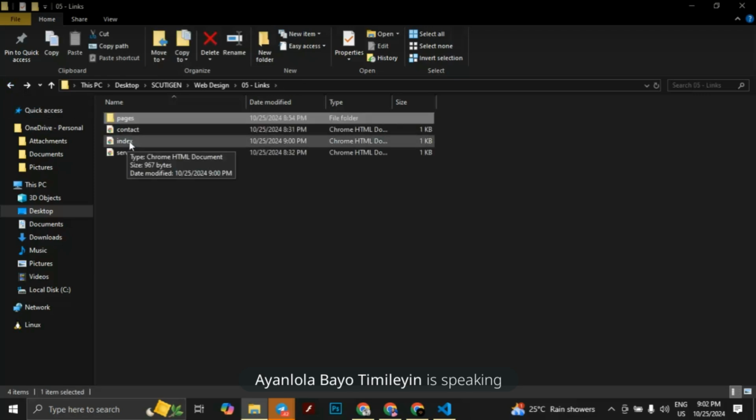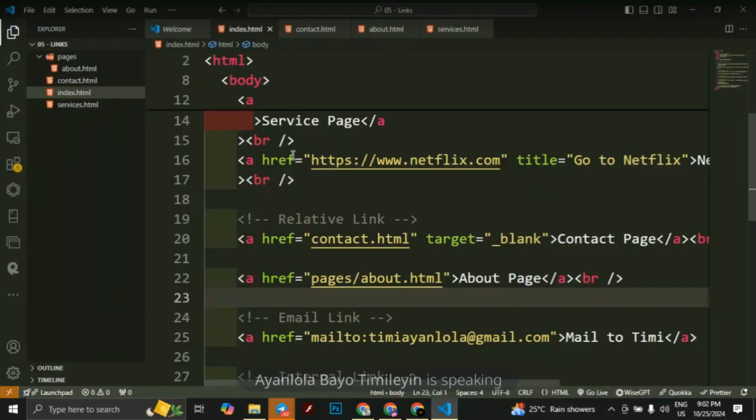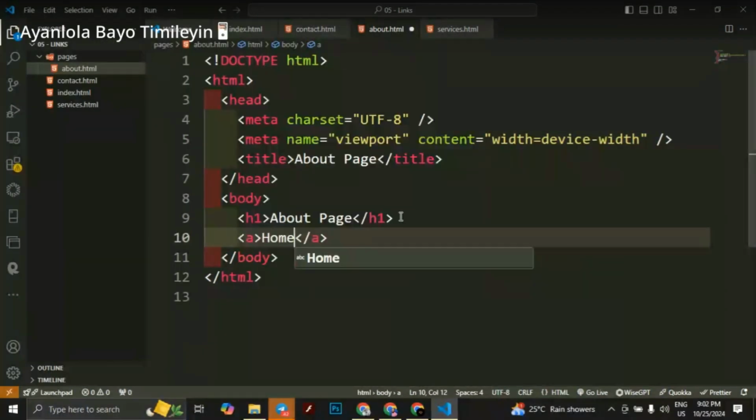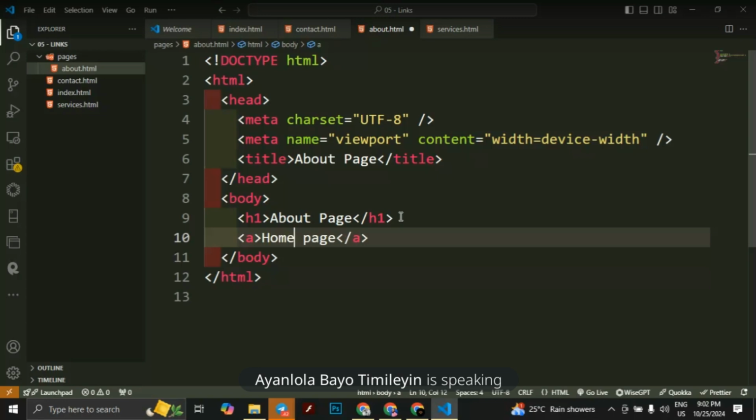To go a step backward in HTML, that is, if you're writing it in your hypertext reference, we use the double dot and a /. Let's try it. In about.html, I want to create a link to the home page. So a step backward, ../